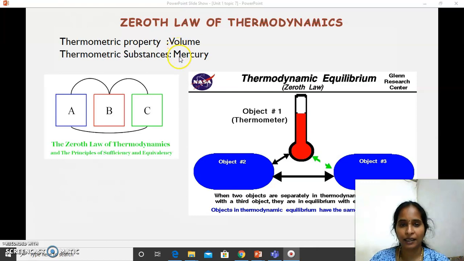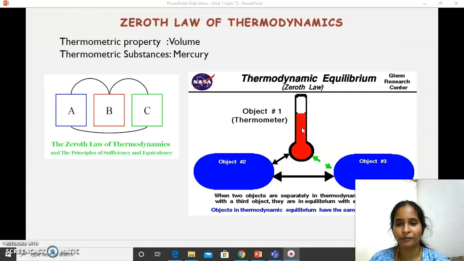That is, in the mercury, it is changing its volume by the introduction of temperature to it. Okay, so this property is called the thermometric property in the thermometric substance. So here in this thermometer, we are taking a thermometric substance of mercury, which has the property of expansion in its volume